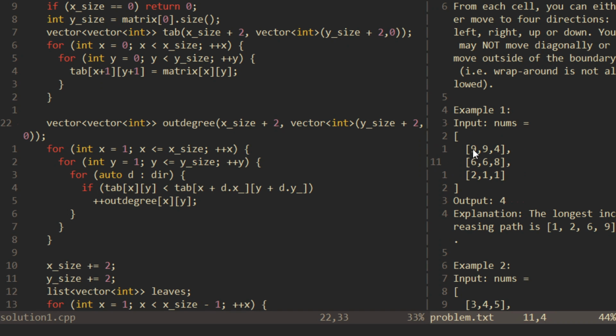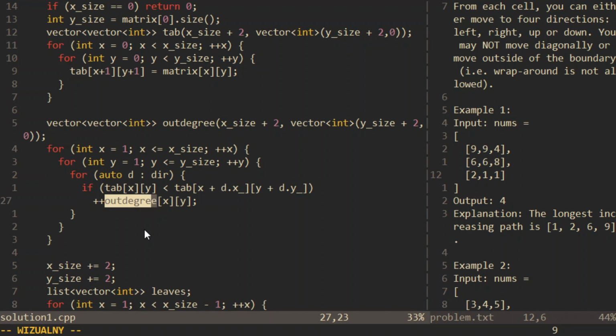So here will be 1, here will be 0 because nothing is bigger than here. Here will be 1 and 1. Sorry, for this will be 2, 1 and 2. You calculate this helper out degree